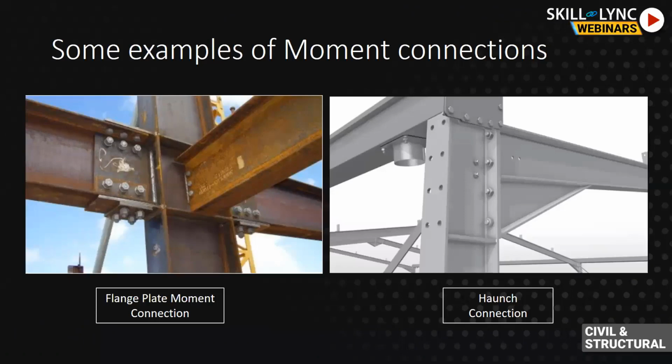Here you can see that in the image on the right, there is a triangle near the beam column junction, which increases the depth of the beam just at the connecting junction. What is that? That triangle is called a haunch, and its purpose is that it increases the depth of the connection just at the connection junction. If you observe these 4 bolts, the distance between the first and the last bolt has been increased substantially because of the provision of this haunch. This helps us in increasing the moment capacity of the connection by reducing the forces that will be coming on the bolts due to the moments.